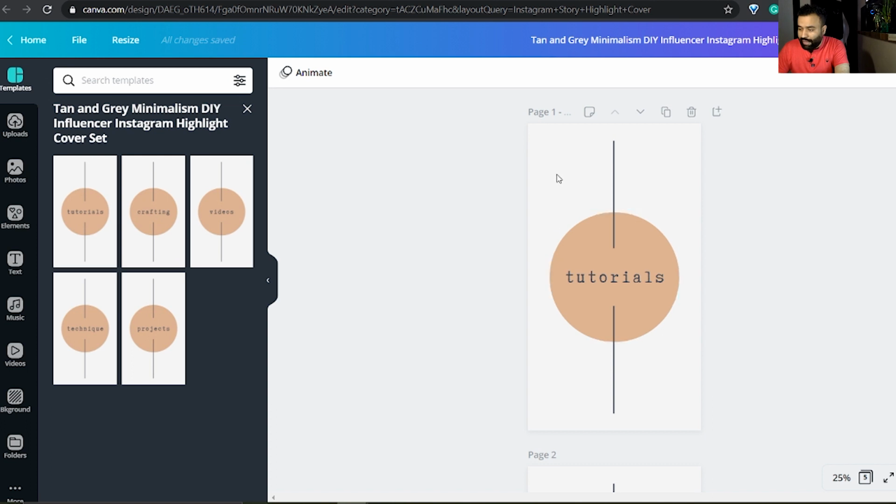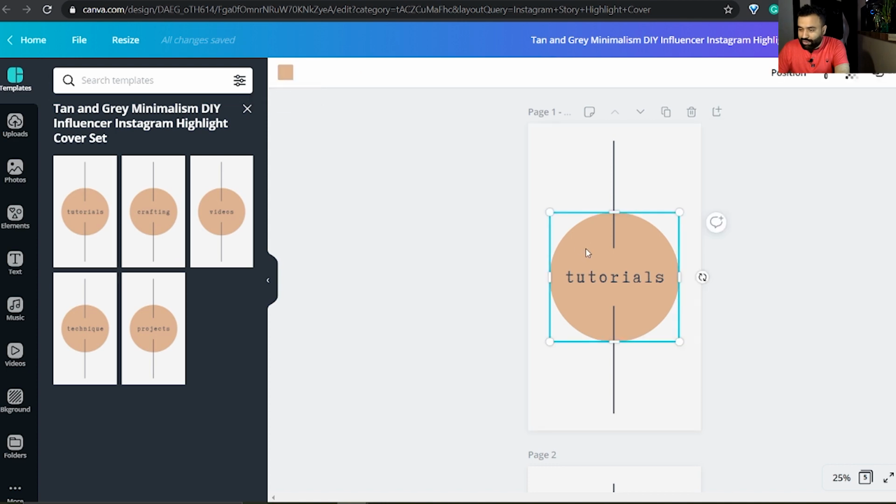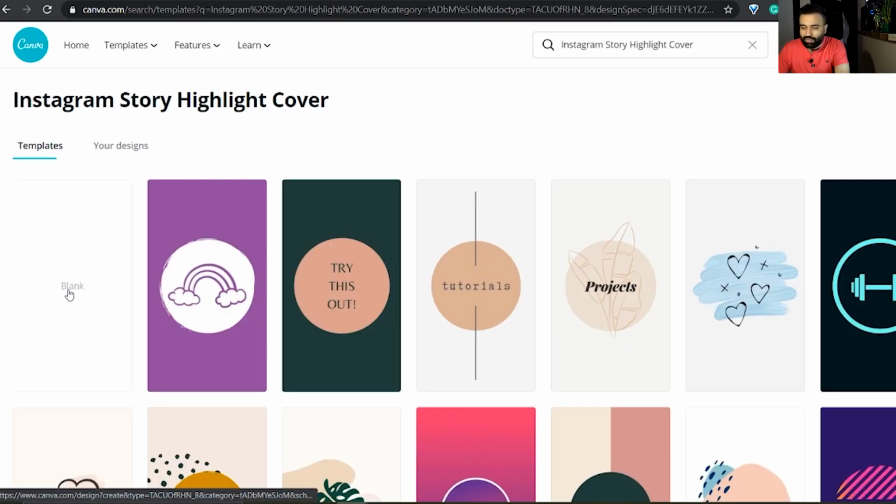Now I have selected this one, and there are various options which are available over here. Okay, so I can change the background. The color is over here. I can change it. I can change the color of this one, as well as this one. So this is how we can modify this one. But the best exercise would be if I start making it from scratch, so that you have a clearer idea of how you can do everything, and that would also cover how to modify it. So let's go and make a blank one.